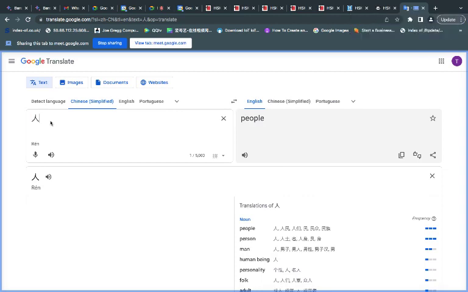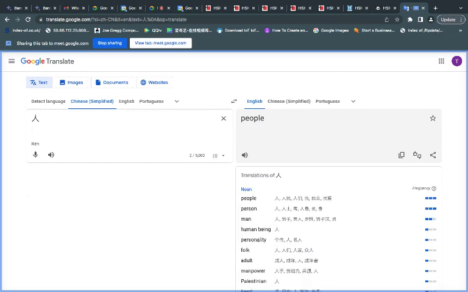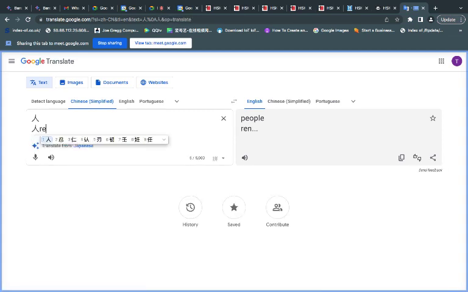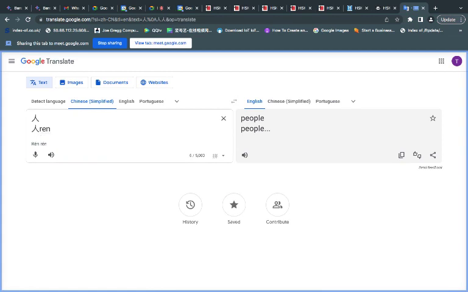So from there, I started building up words after words, right? Let's do a little bit of that together, okay? For example, let's say we have a person and another person. What's the word for person? Ren. Okay, and we now have two people following each other.